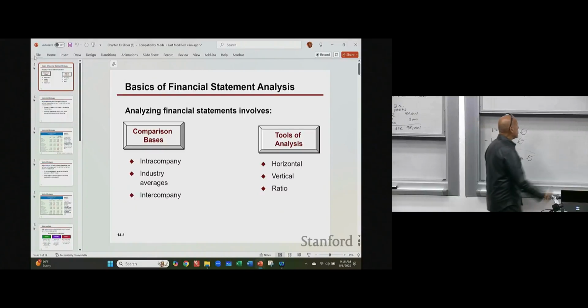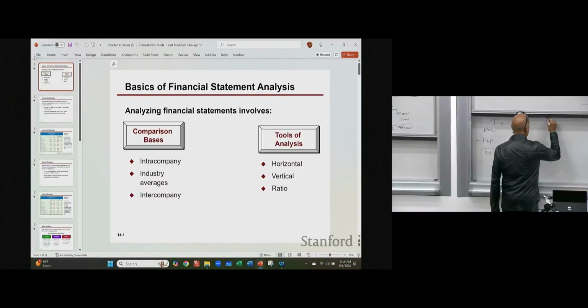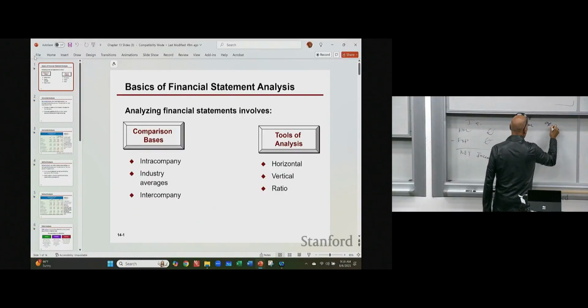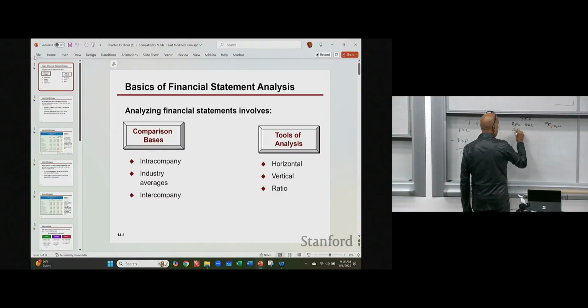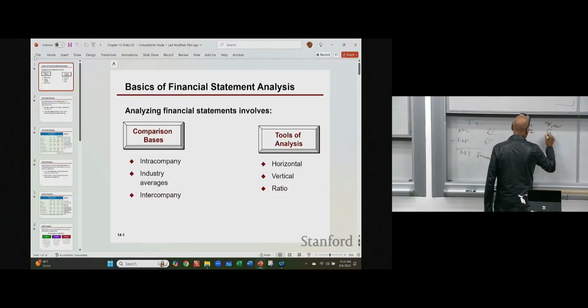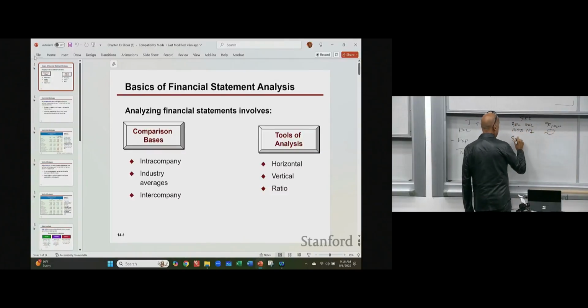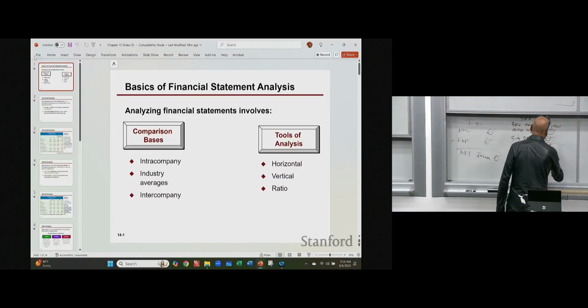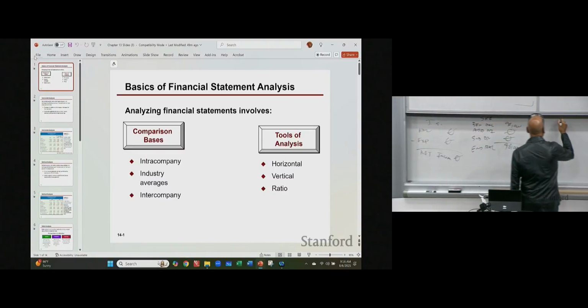Okay. So now when I prepare my statement of retained earnings, beginning balance is 98,000. Add net income, which is 0. Subtract dividend, which is 0. Ending balance is what? 98,000. Right? Okay. When I prepare the balance sheet,